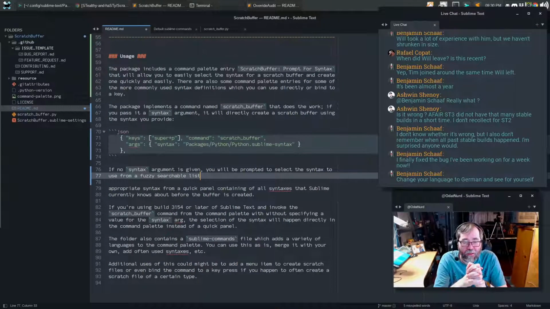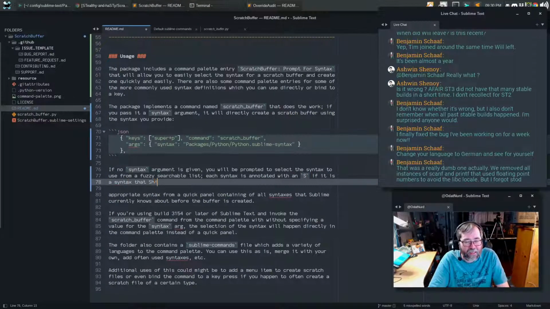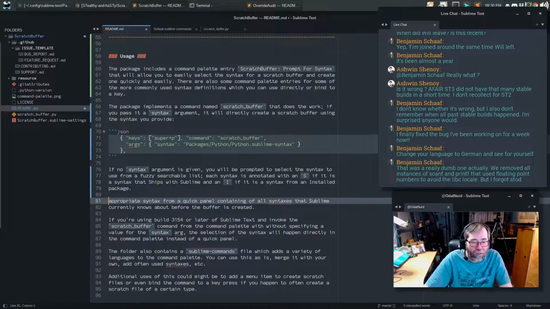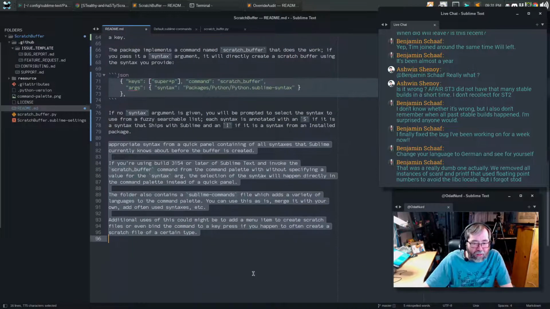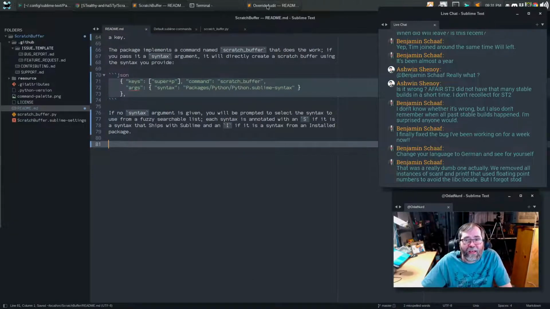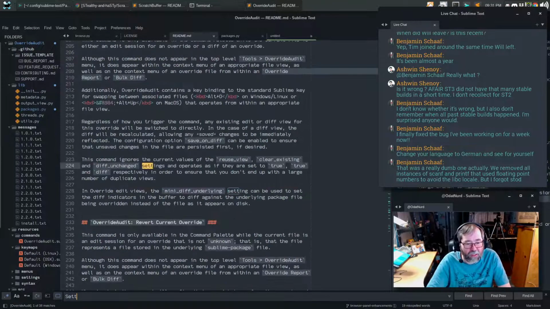Okay. You're prompted to select the syntax to use. Each syntax is annotated with an S if it is a syntax that ships with Sublime. We don't need that. We don't need that. We don't need that. Then the last thing that I think should probably have in here is